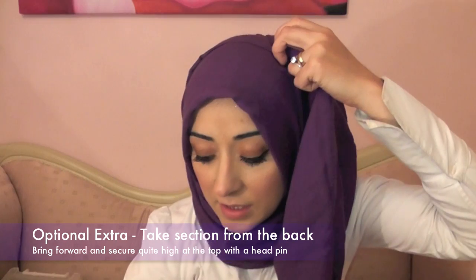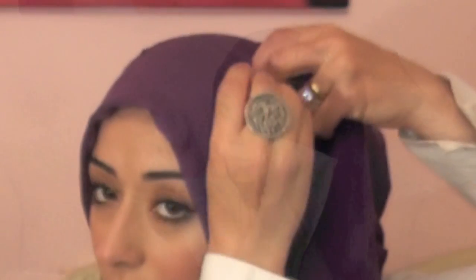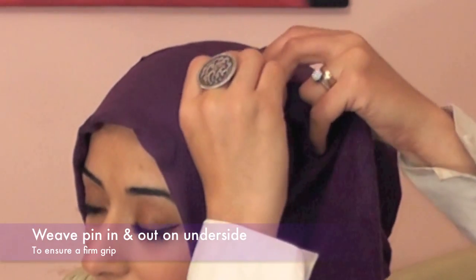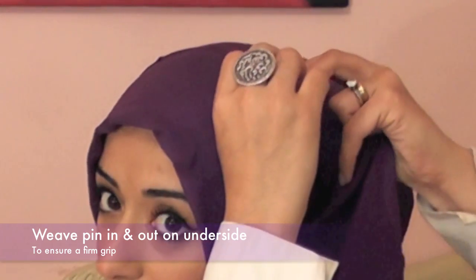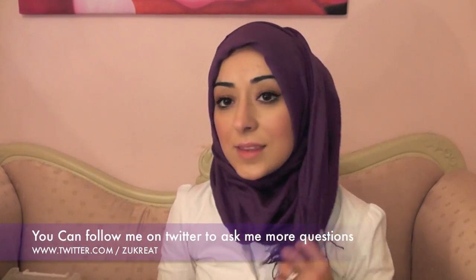And then again, taking another pin, it needs to be a sharp pin. So you just want to pin it in again on the underside so the pin doesn't show, and just secure it like that. Hopefully the pin doesn't show. And that's how I did that